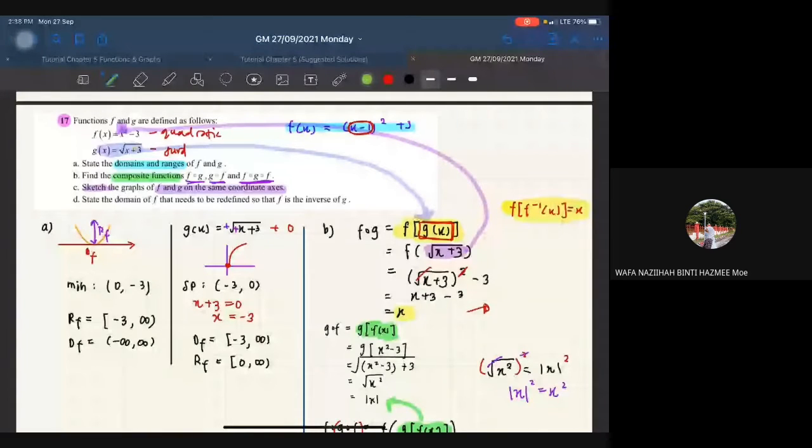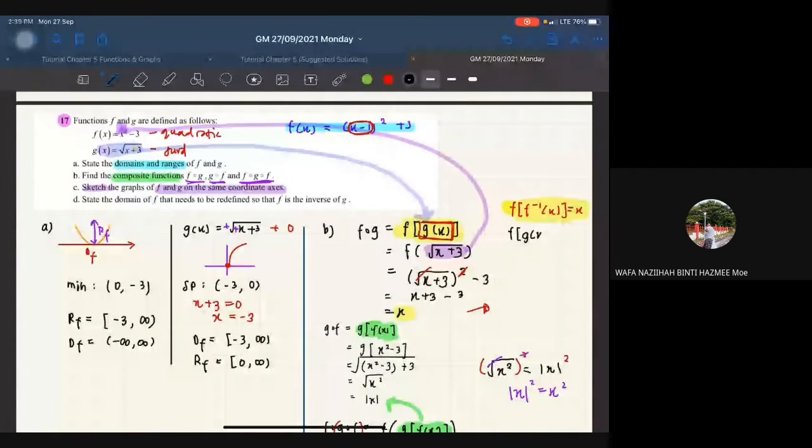Anyone? Cuba teka, fgx. Kenapa fgx? Sebab fgx sama dengan x. Okay, so fgx sama dengan x. So saya tulis balik dekat atas ni to make it clear. So sekarang kita ada